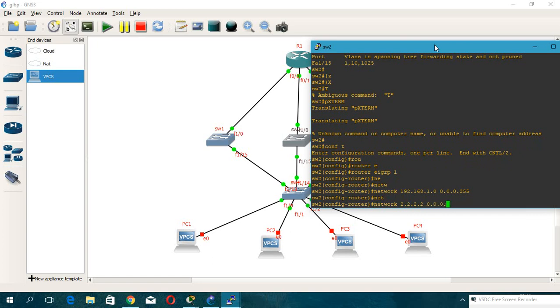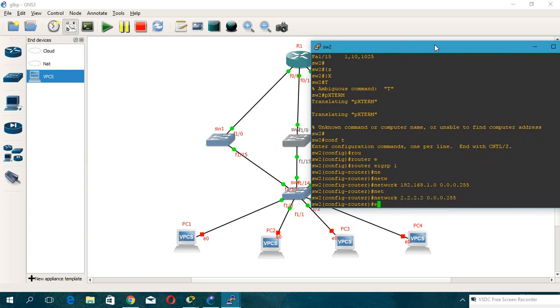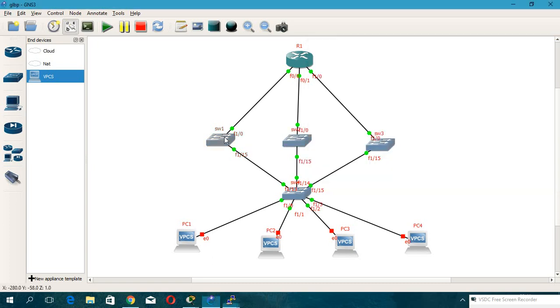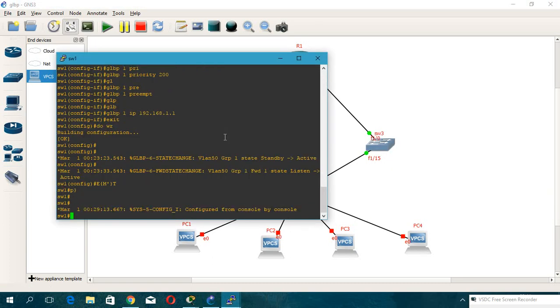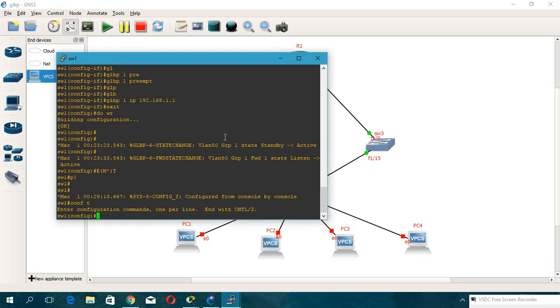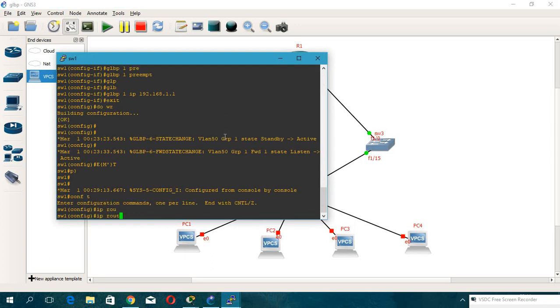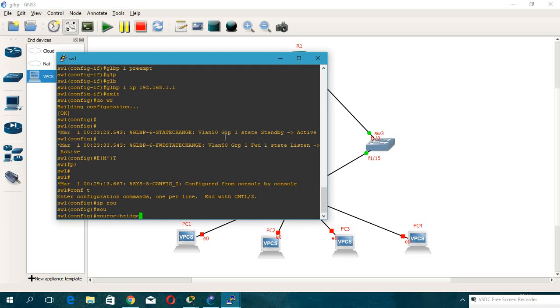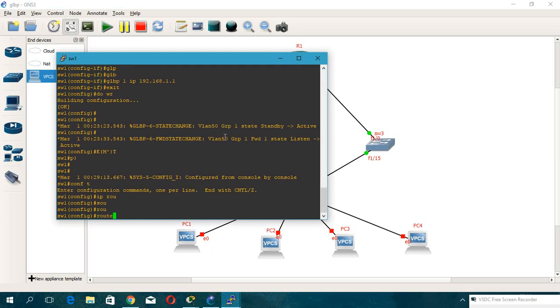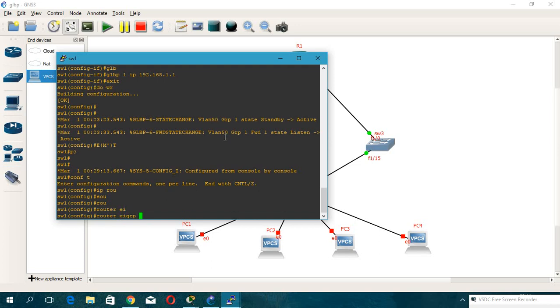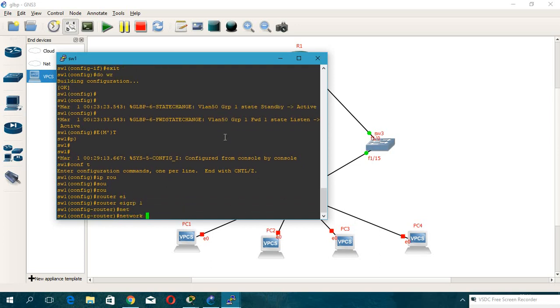Exit. In switch 1 we need routing configuration. Conf t, IP routing, router EIGRP, sorry. EIGRP 1 network